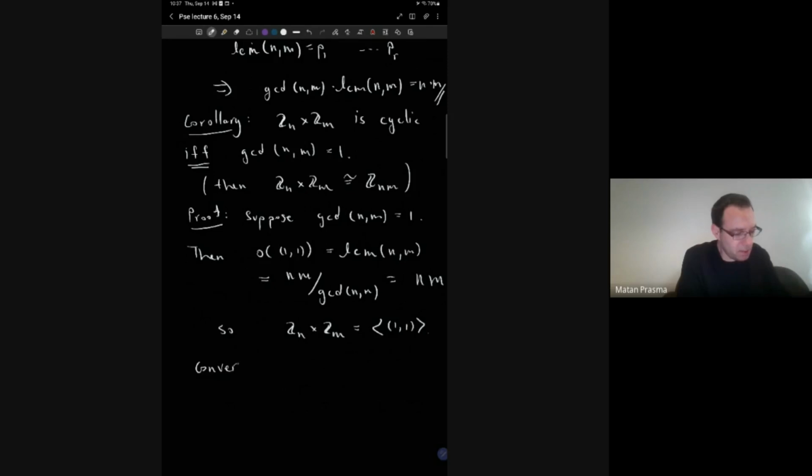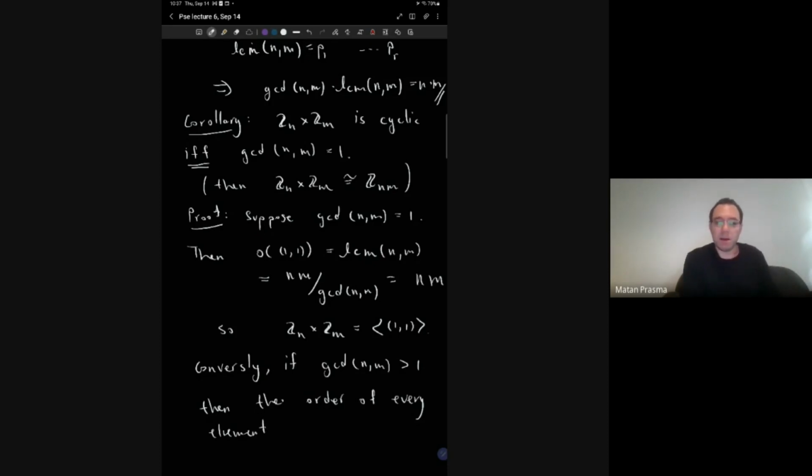Conversely, if GCD of n and m is bigger than 1, then the order of every element in Zn divides n,